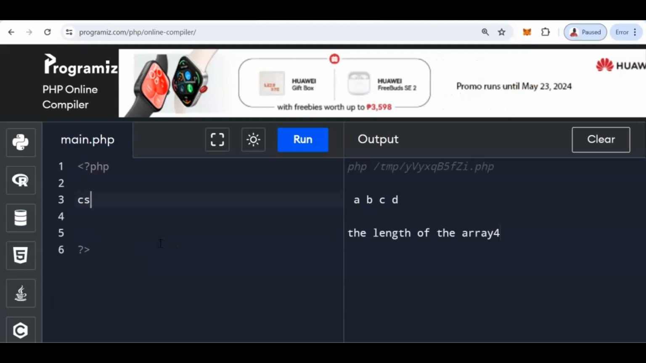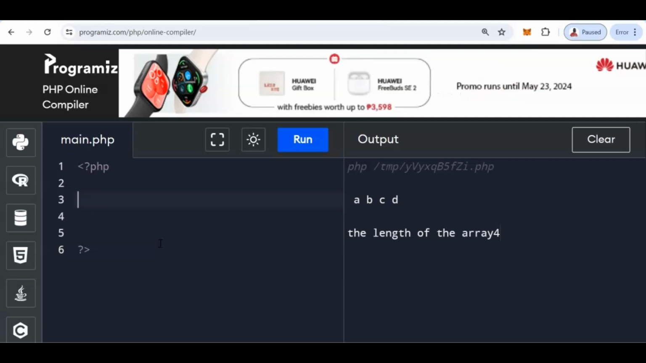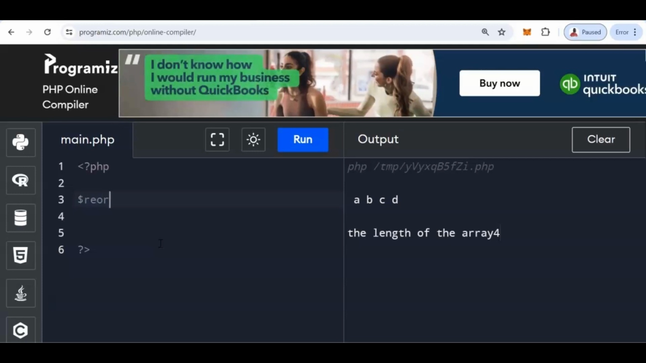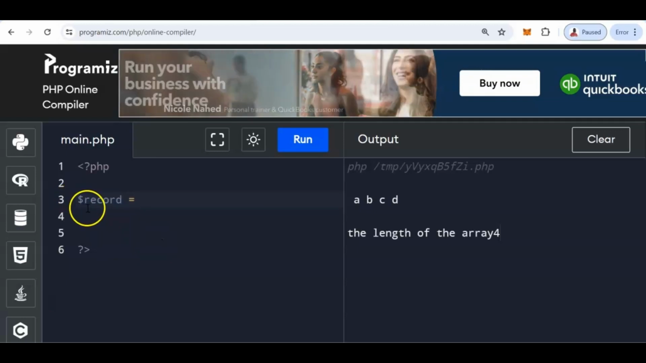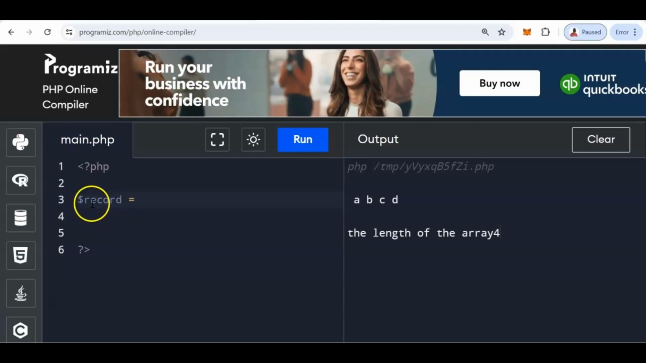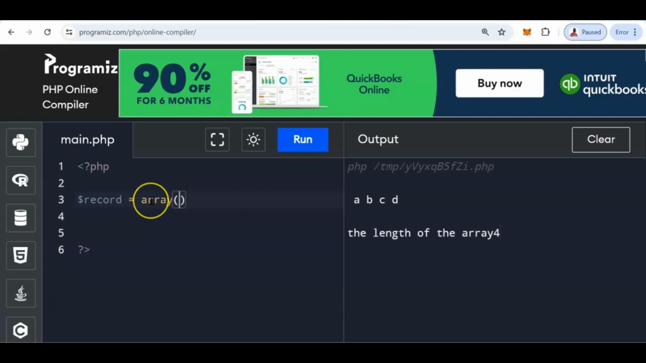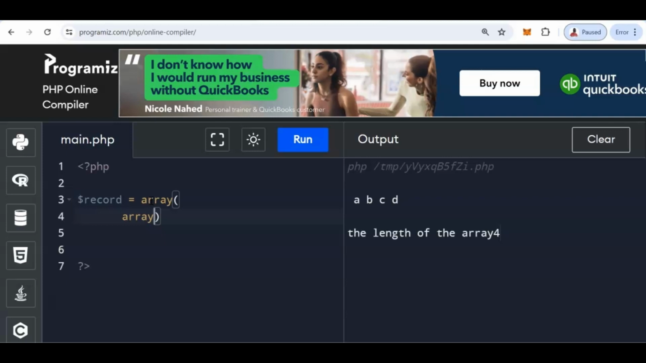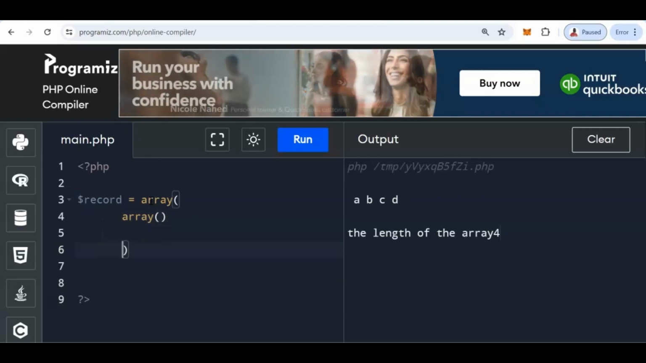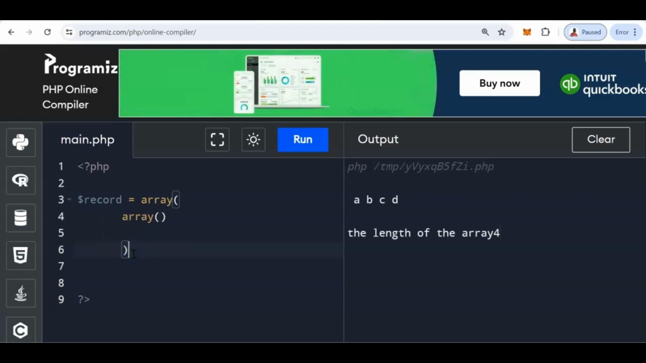Creating a multiple array. Okay, so we were creating only a single dimensional array. This time around, we'll be creating a two-dimensional array. It's very simple. Let's say we have here the $record. Always remember that the dollar sign is part of the PHP procedure for creating your variable. Okay, so we have here the array, open parentheses, and then bring down this one, array, and then open parentheses. Okay, this one is, of course, the pair of the first open parentheses so that we can close the syntax